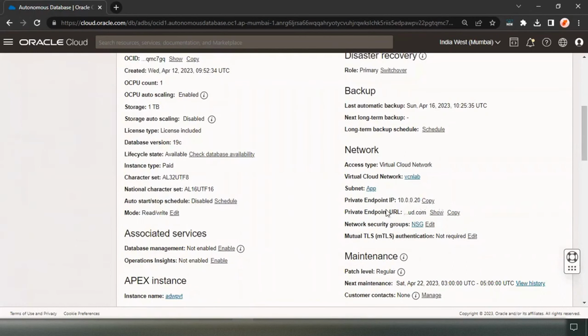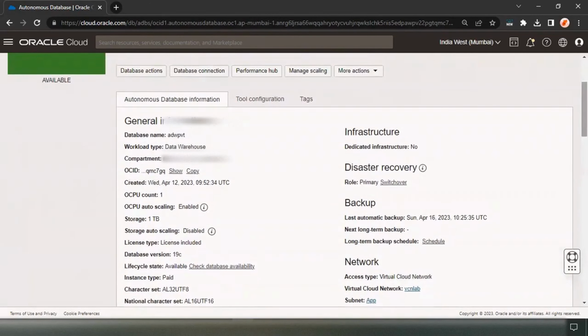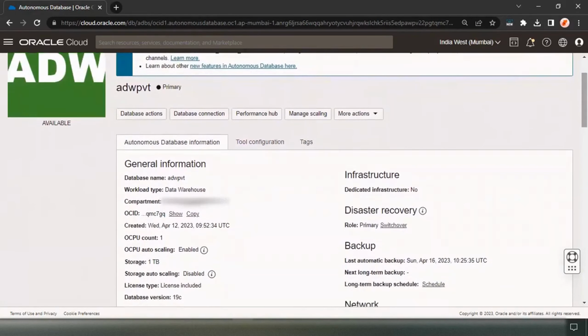If I try to access this database directly using the configuration that I have shown you right now, you will not be able to access it, because we need to have a network security group attached to this database, and that network security group helps in connecting the private endpoint of your database to a private endpoint that you will create, and only then can you access the SQL worksheet feature. How it can be achieved, we will see in the